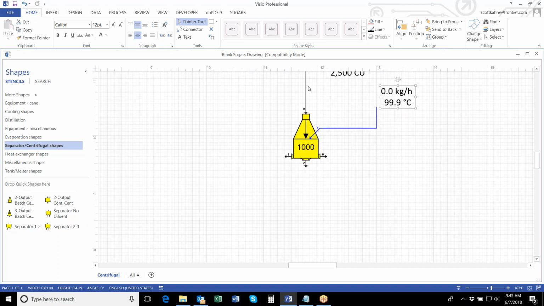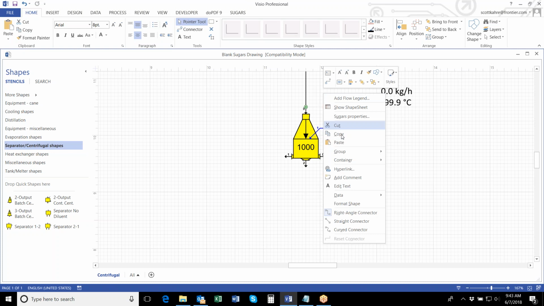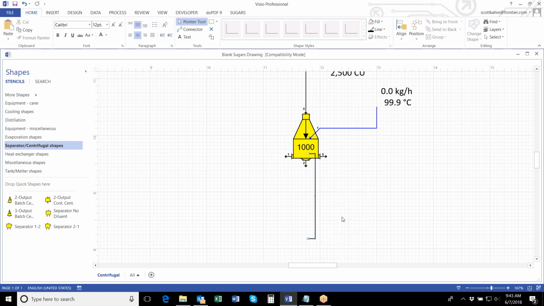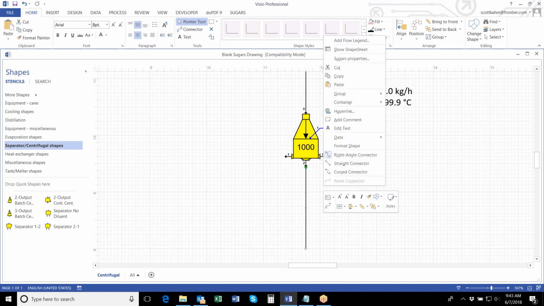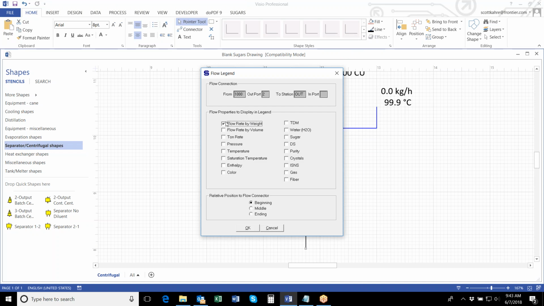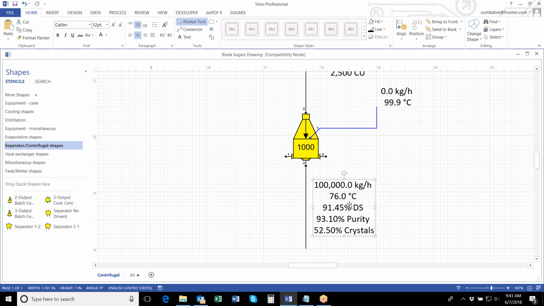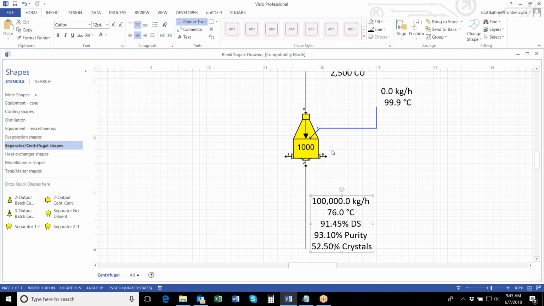Now we have 3 outputs that we need to add to the process. One being sugar coming out, and I'm just going to copy and paste this other stream, because Sugars is going to calculate everything for this, so we don't have to enter any information at all. I will put a flow legend on it so we can see weight, temperature, yes, purity in crystals,